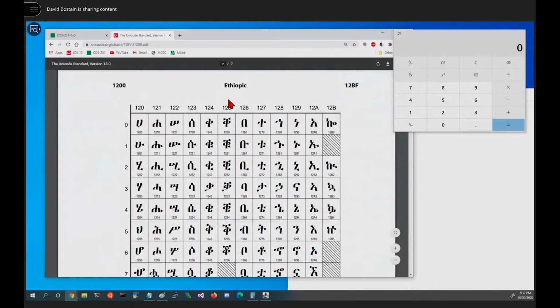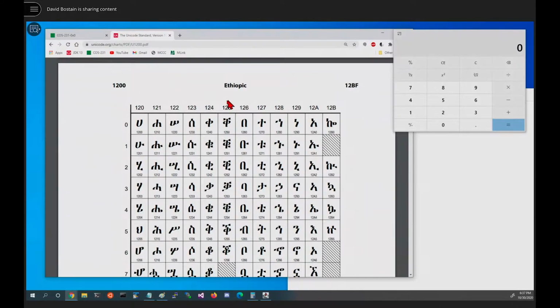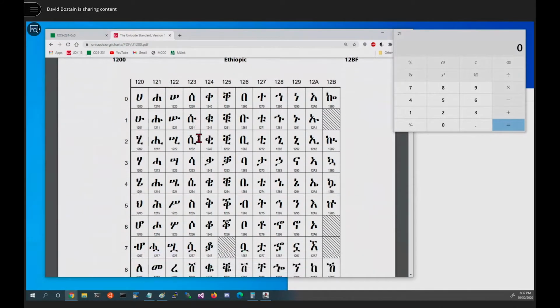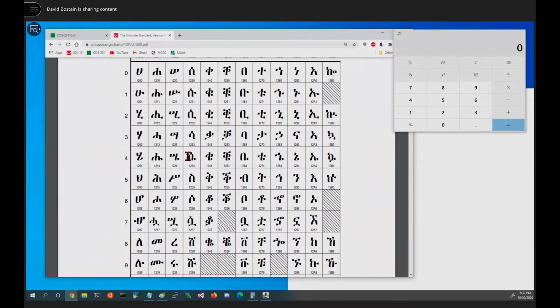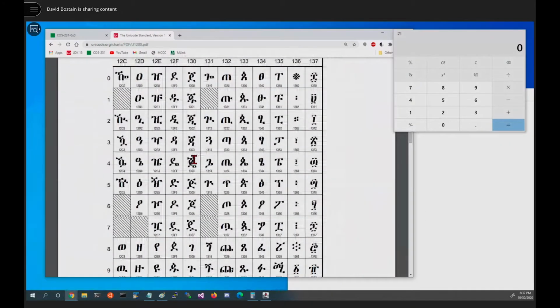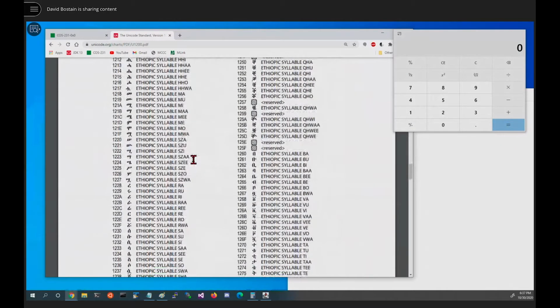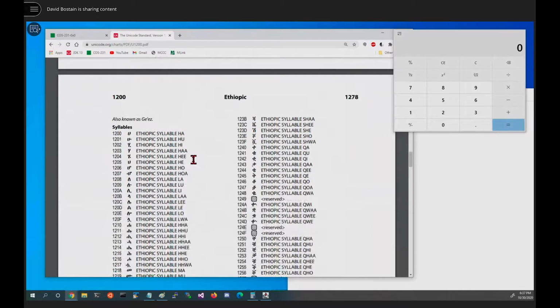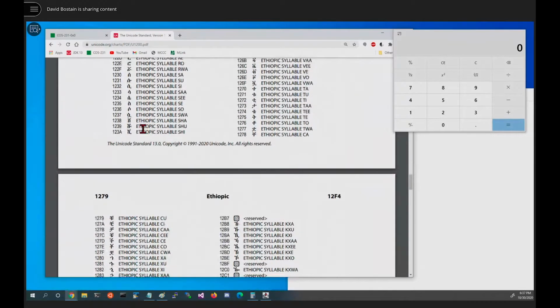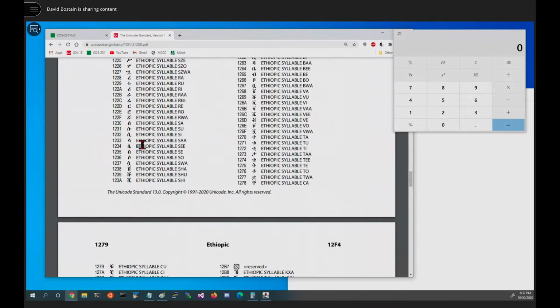If, however, it's in the chart, it'll be in this section here. It's part of the Ethiopic language. We said 1, 2, 3, 4, so we go down the 1, 2, 3 column to the 4, which is right here. We admire it for a second. We realize that that's not what the teacher's asking. The teacher's asking for the name of that character. So in most of the code pages, you go down to the bottom, you can look up the number here. It should be down at the bottom of that column here. And it's the Ethiopic syllable C.